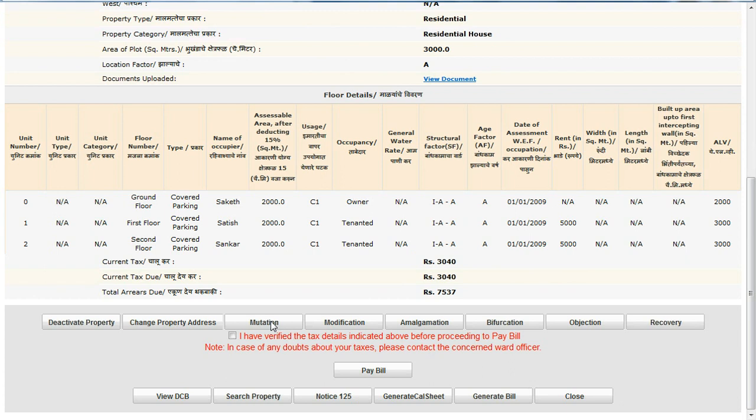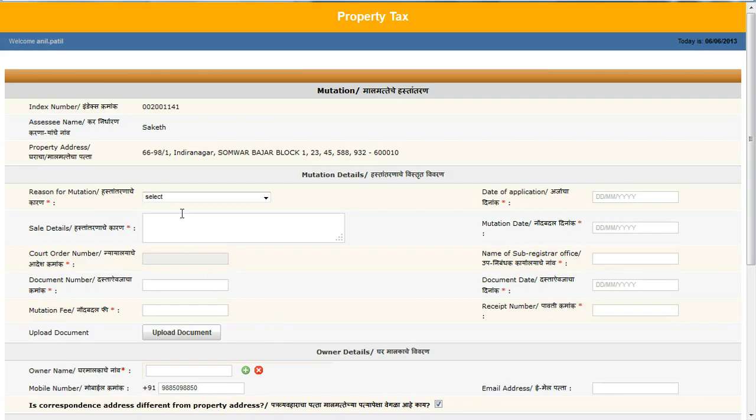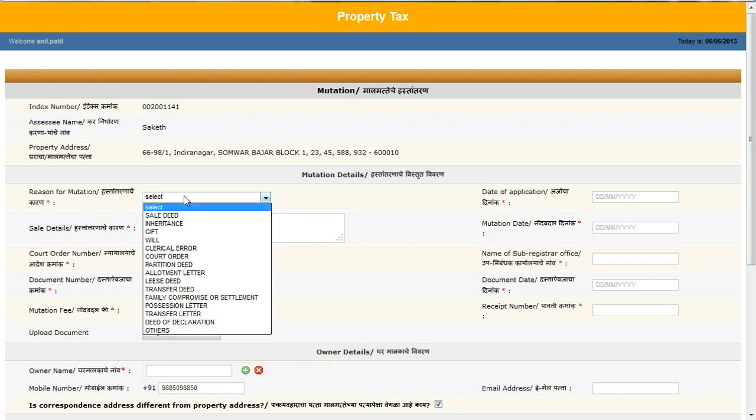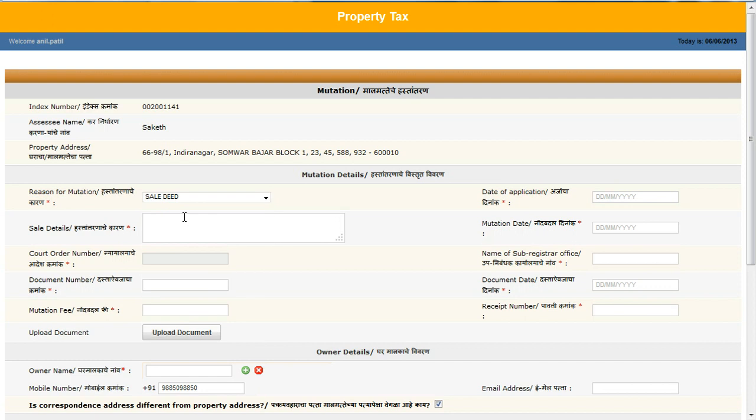Let us now look at the name transfer of the property or change of owner of the property. I am clicking on mutation. I am selecting the reason for the mutation or changing owner of the property. From the drop down list, I am selecting sale details. I am entering sale details, sold property. I am entering date of application, mutation date, name of the sub-register office,